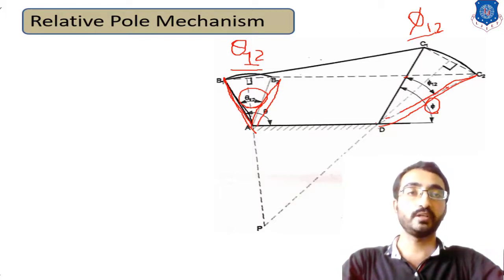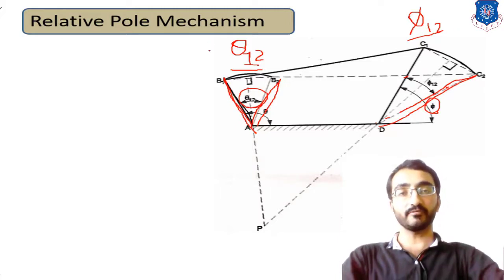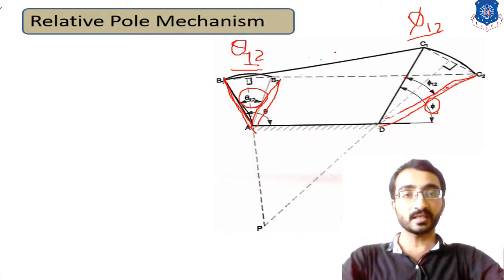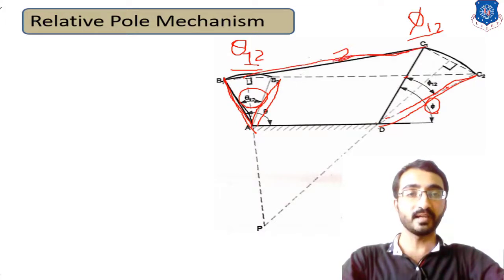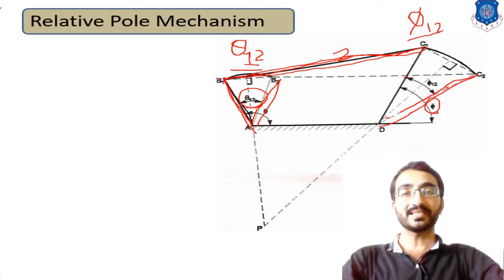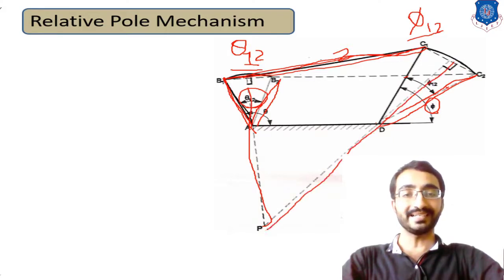Similarly, phi 1 2 defines the output link motion from angle 1 to 2. Okay, so now if we want to find out the fixed point about which we can consider this B1 C1 link to be rotating, if we want to identify the center point for this link rotation, then we can simply consider B1 to B2, take perpendicular from that point, and similarly C1 to C2, take perpendicular from its midpoint. So this intersection will give us the point.